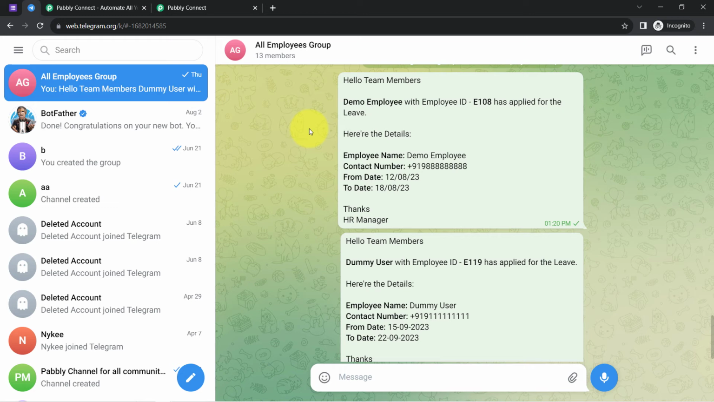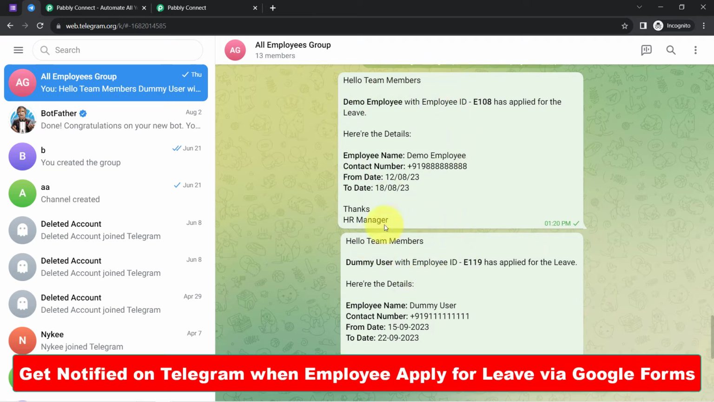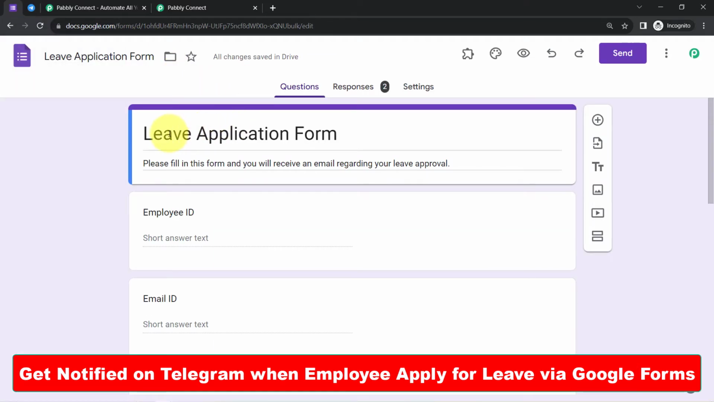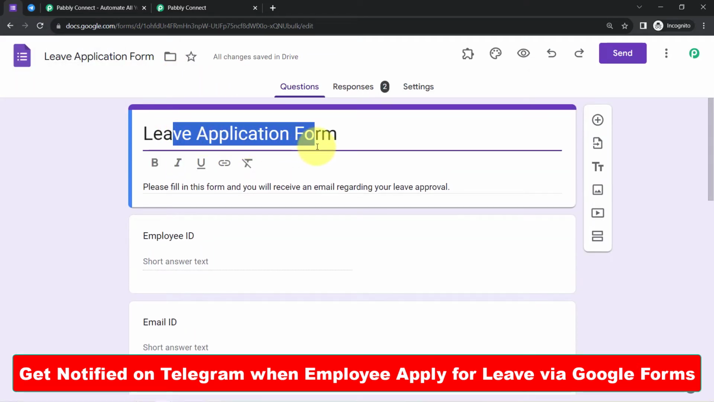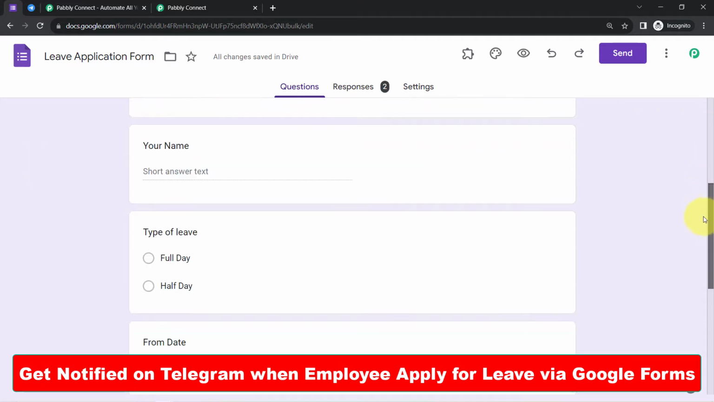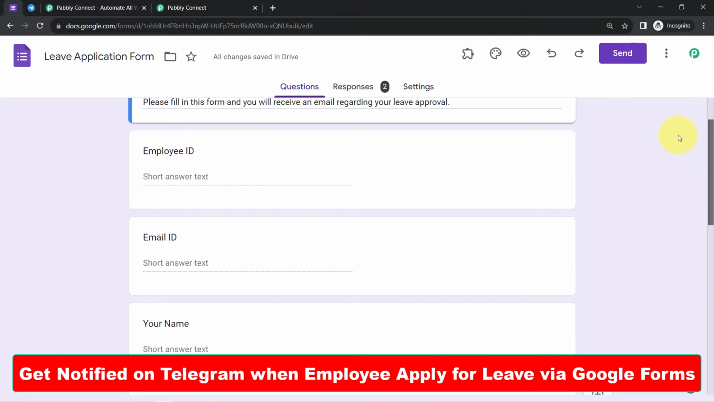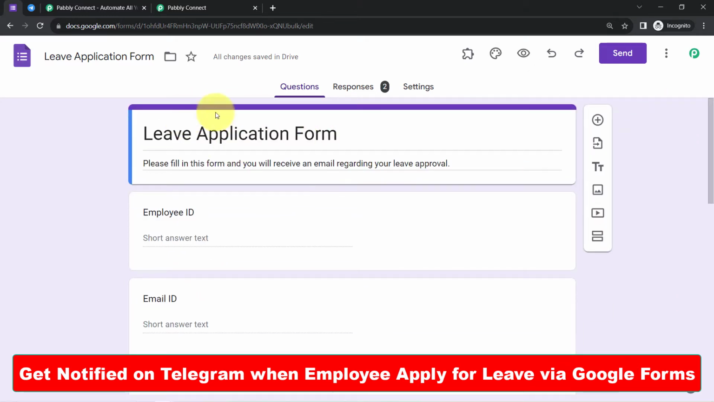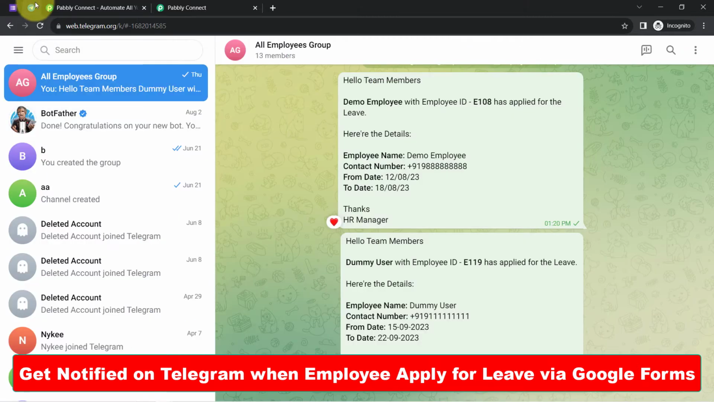So the topic for today's video is how to automatically get notified on a Telegram group when an employee applies for leave by submitting this Google form. Okay, so I have created this leave application form, which I have already shared with all my team members, and whenever someone applies for a leave by submitting this form, you will see how an automatic notification arrives